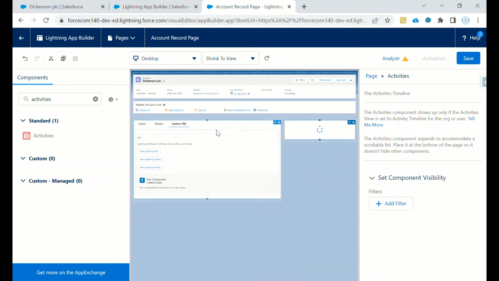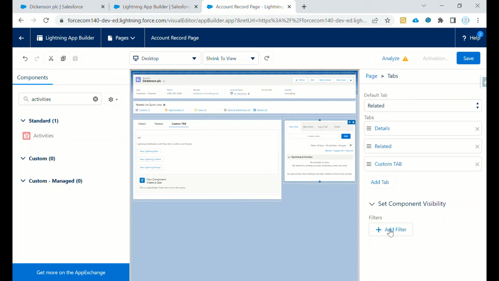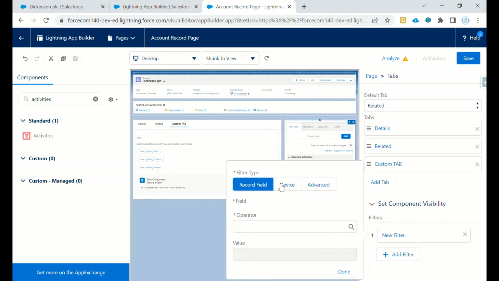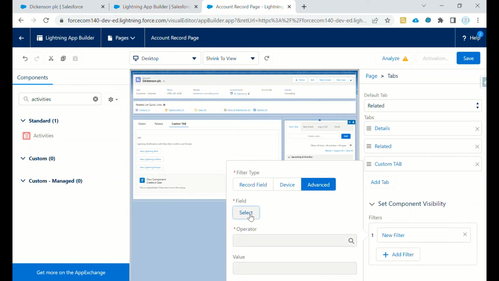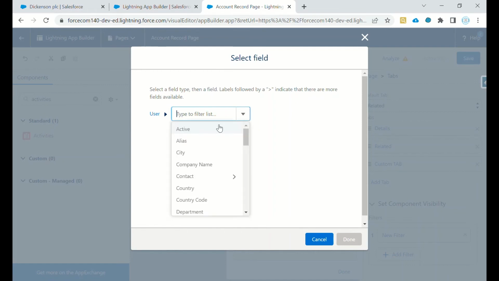And if you want this particular region to be visible to only a particular profile, then you can add visibility to the component by using the record fields or by going to advanced and selecting the particular field. The field can be a device, a user, permission or record. So if you go to user, then you can check for the profile,